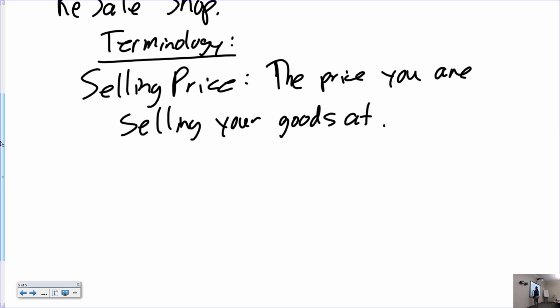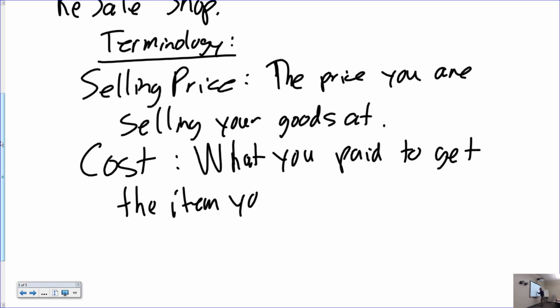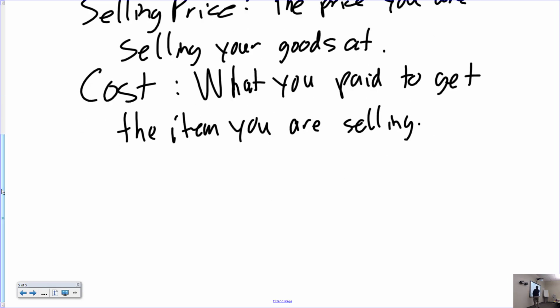Okay. Cost: what it costs you to buy that item. Yeah, yes, exactly, right? What you paid to get the item that you are selling. Again, the idea, of course, is that you are also going to sell whatever it is that you buy. That's the idea. And then last but not least,